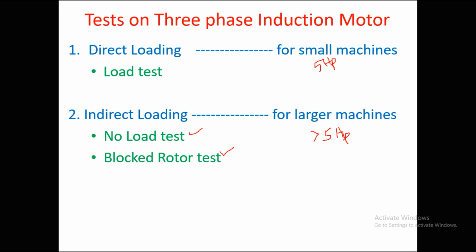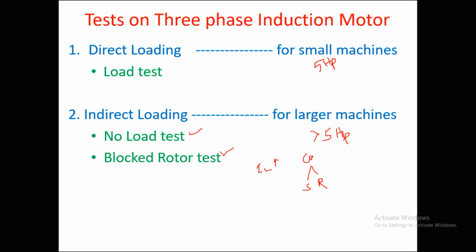The reason for choosing the indirect loading test, especially at the time of manufacturing an induction motor, while comparing with the direct loading test, is that we can avoid high power loss in the machine. If you go with direct loading for a larger machine, we know the amount of current required will be more. So if there is high power flow into the machine, it leads to high copper loss on both the stator as well as the rotor. So on the whole, we can say there will be high power loss in the machine, that too at the time of manufacturing. To avoid such high power loss,